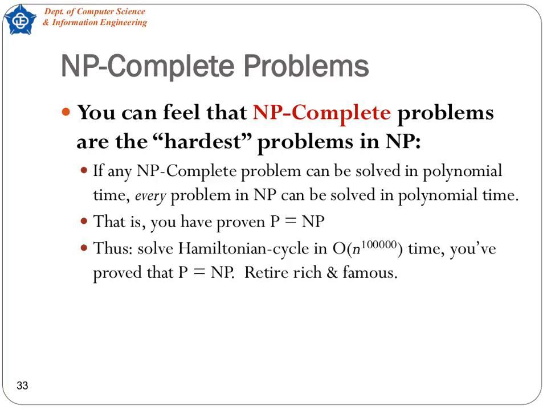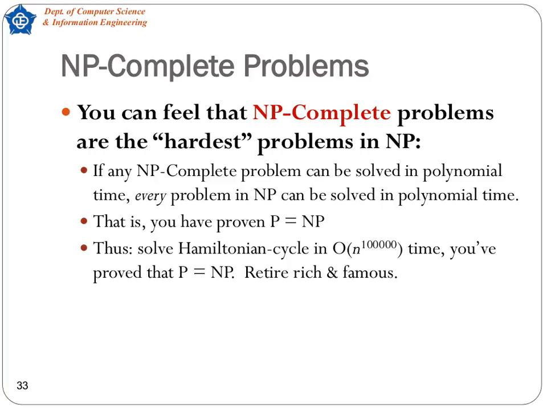Even an astronomically high-degree polynomial algorithm for the Hamiltonian cycle problem, say O(n^100,000), would be enough to establish P equals NP. That single breakthrough would instantly settle one of computer science's biggest open questions and, as the slide winks, make